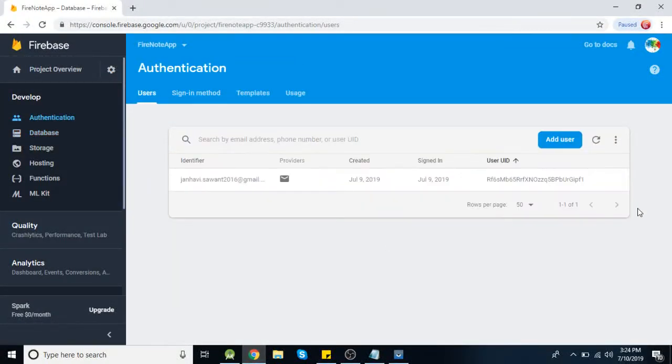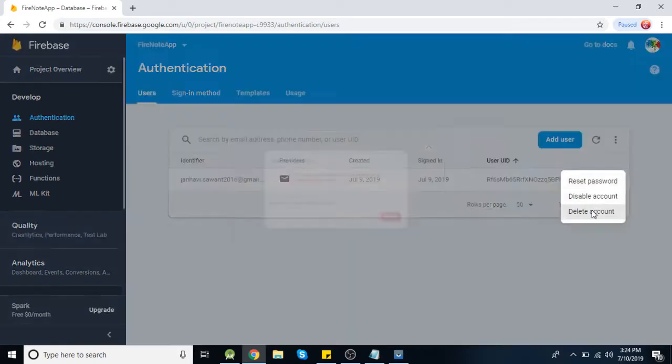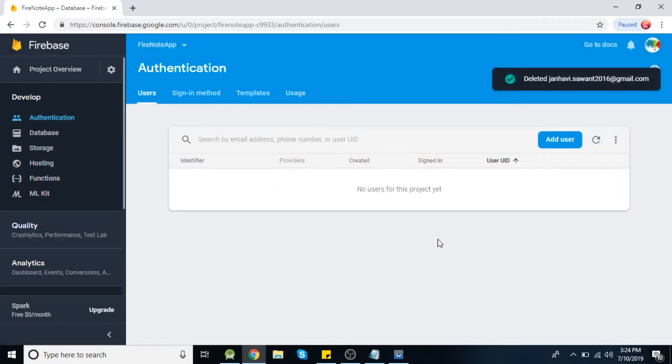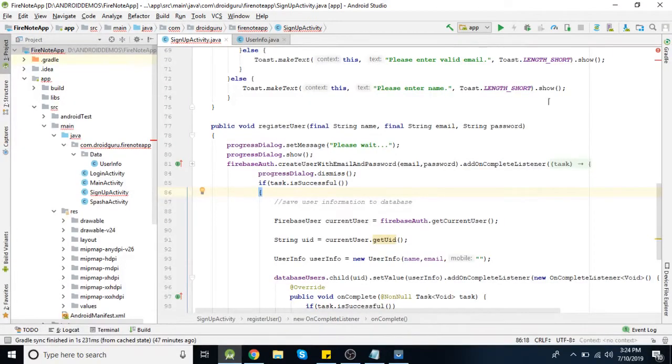Here I am deleting this user because I want to create a new user with all this information. So delete account. Okay, now we'll sign up that user again. So I am running this application. It has some error.